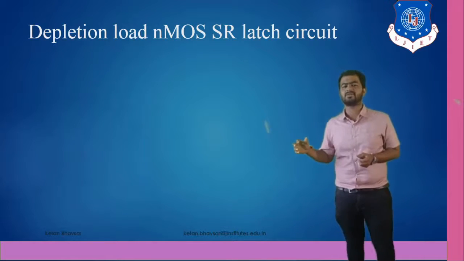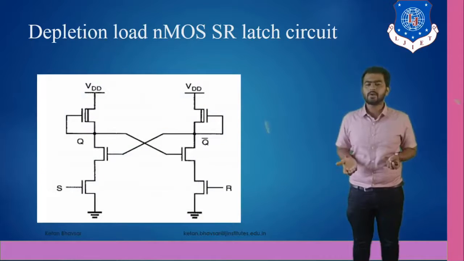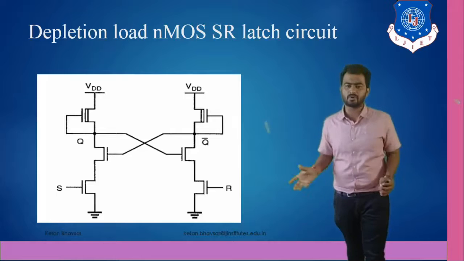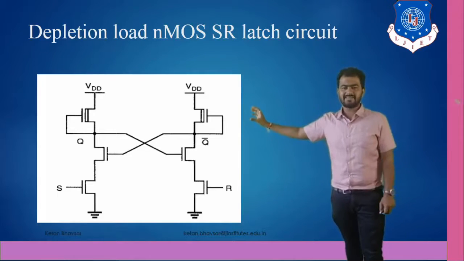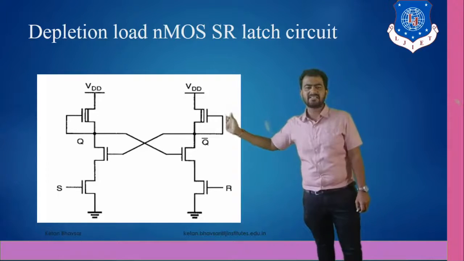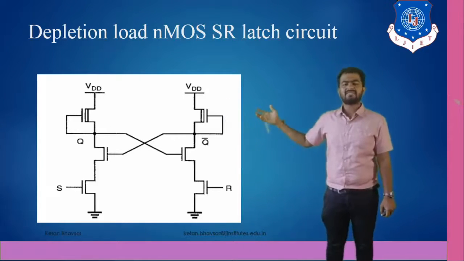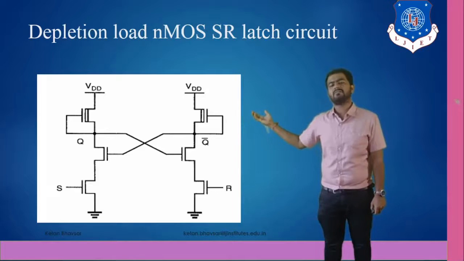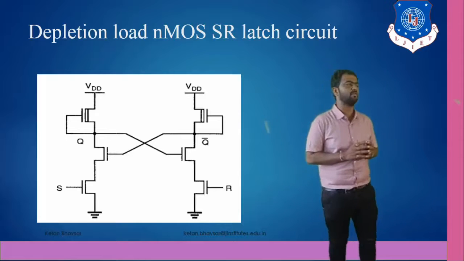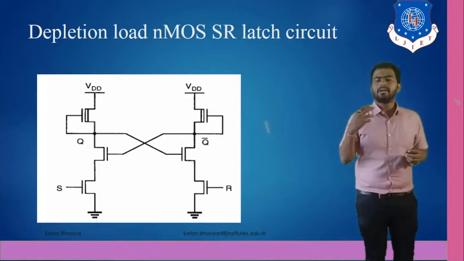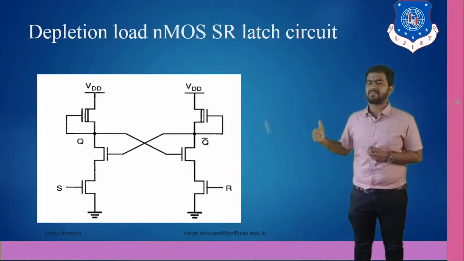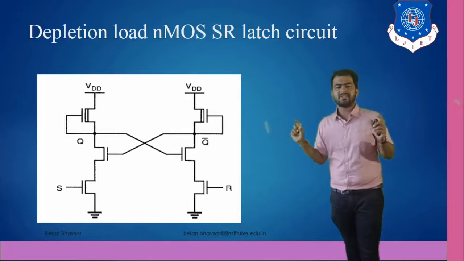Now you can design the SR latch based on the load. As I already told you, we have to take an NMOS depletion load instead of the PMOS. So we take one load transistor instead of the PMOS for the R side, and for the S side we again take one NMOS load. So we remove the PMOSes, which means we remove two PMOS from the S side and two PMOS from the R side. So only one depletion load is there.